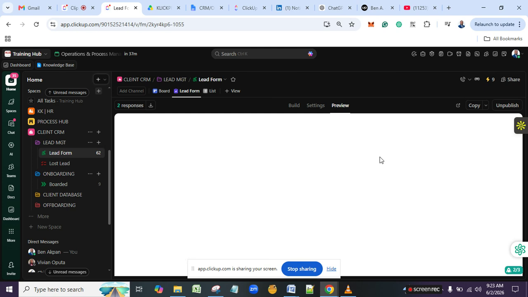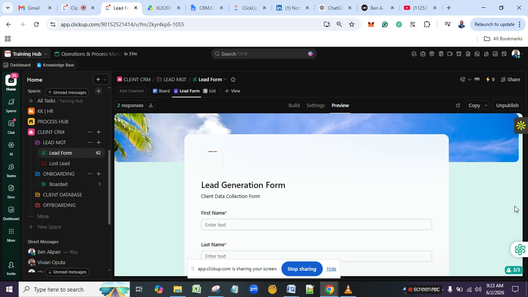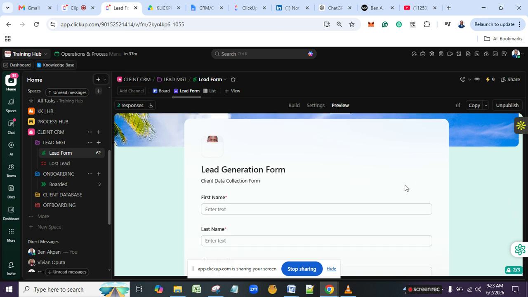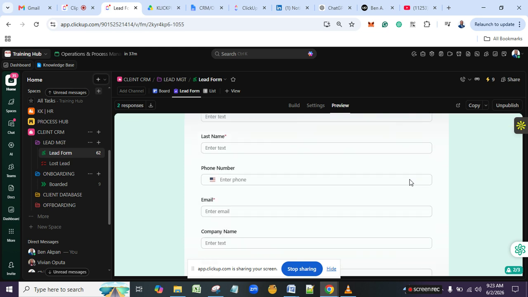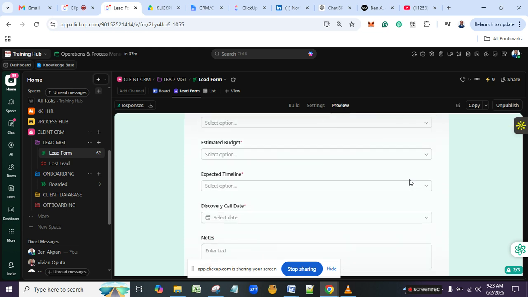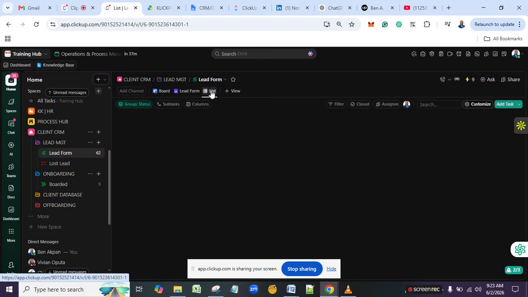Now this form is extremely important in onboarding, because it's information that is inputted by the clients. So we are not the ones inputting this information, the client is. So we have first name, and all of those metrics that are expected, which are very important, and the client gives them to us. Then from here, once the client fills the form, it goes into our list, also known as the